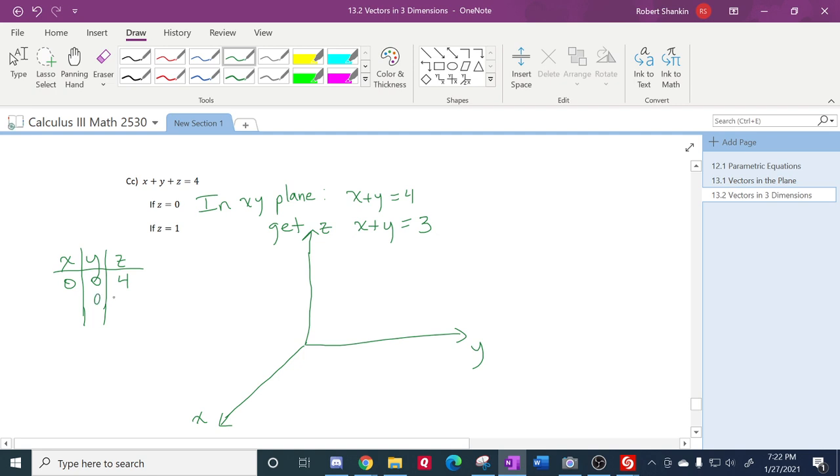Suppose the other 2 are 0. This one's got to be a 4. The other 2 are 0. This one's got to be a 4. You just find all the intercepts, and then to draw the plane,